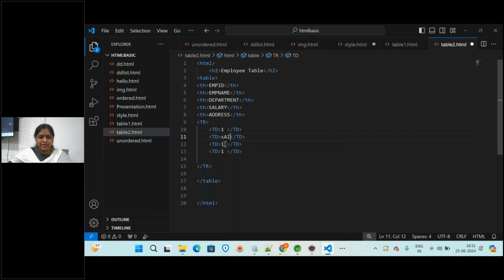And what department he may be working with, computers department, and then salary, you will be giving the salary, and then address, let us say some Bangalore, like this you will be mentioning. Okay, and now you will be closing the tr tag, it will be entering one row.